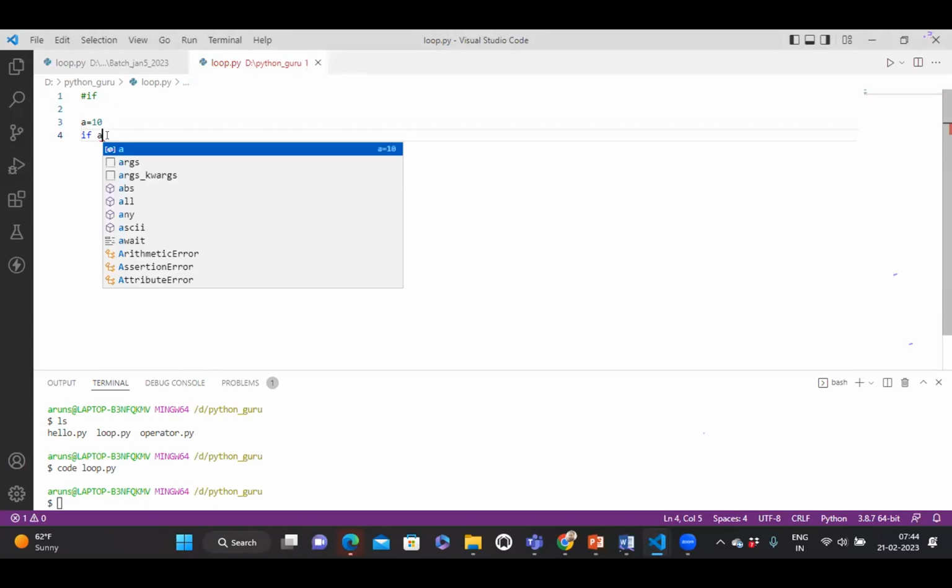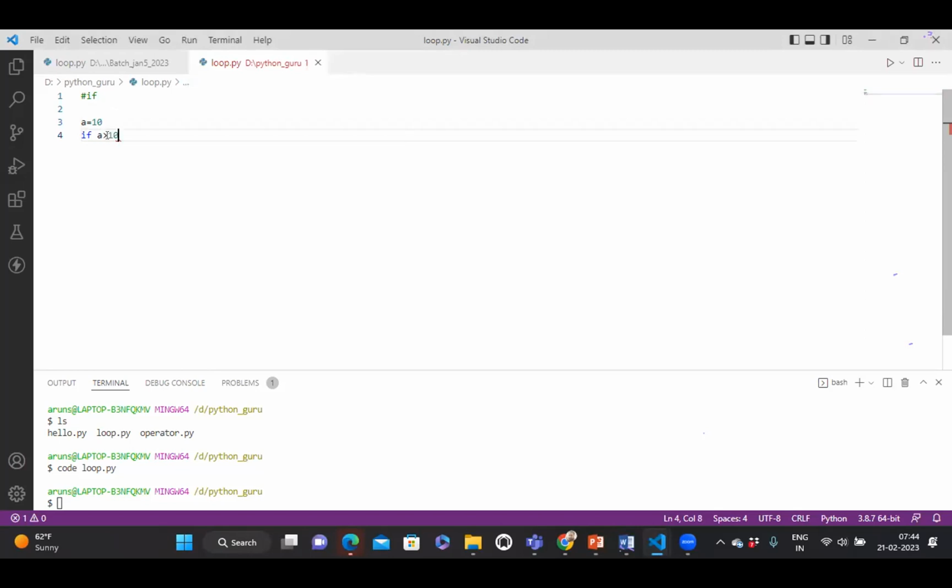Here I am checking the condition a greater than 10. You cannot leave the statement blank. Once there is a conditional statement, inside it you have to write something. So once you write the condition a greater than 10, then if the condition is satisfied,